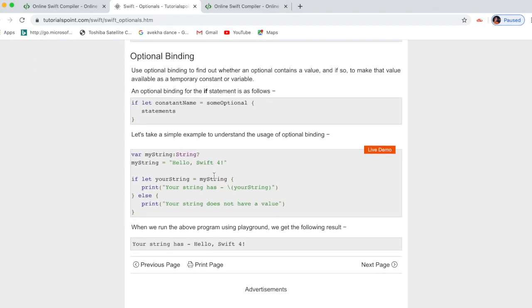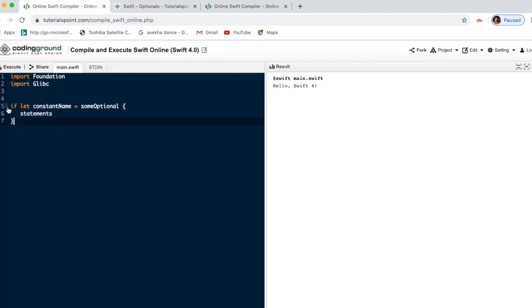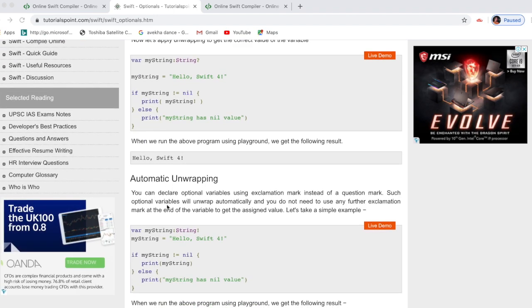Next is about optional binding. What is that? Optional binding is very simple actually.